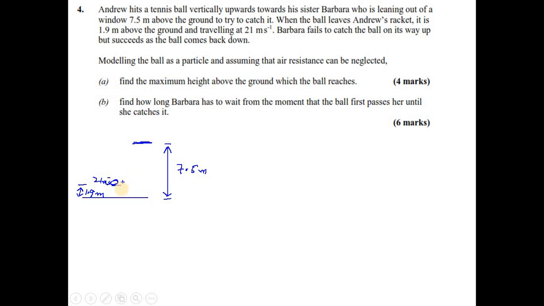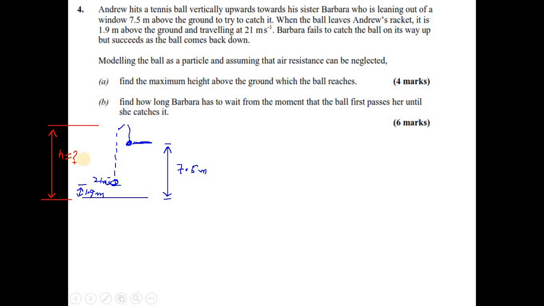So what happened when the ball leaves? The ball goes up, straight, and his sister was unable to catch it, but she can catch it when it is coming down here. So this is the situation, and in part A, we need to find the total height gained by the ball or reached by the ball. That means we need to find the height from here till here. This is the height that we need to figure out